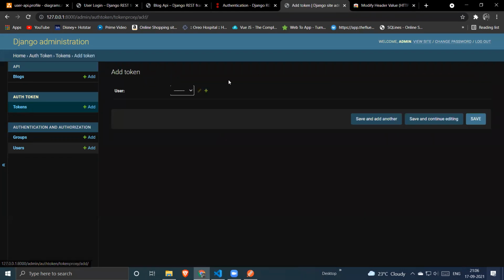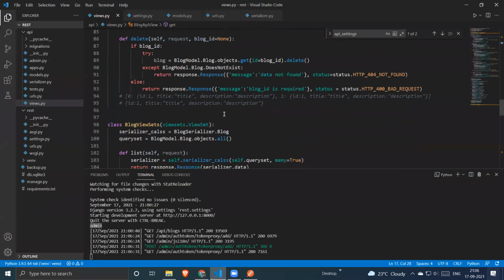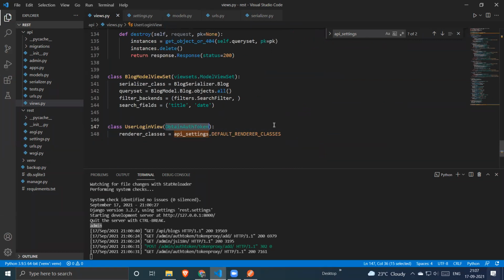Yeah. So for example, if I just go and create a token for this test user and save it. This is the functionality which has create, update, read, delete operations, right? Okay, I don't think they have a delete operation. Okay, they don't provide a delete operation. So this is just read and create. So do we have any function where we can create, update, delete, or post a token? No. That will be taken care of by obtain auth token. As its name suggests, it obtains a token for the particular user who has valid credentials.